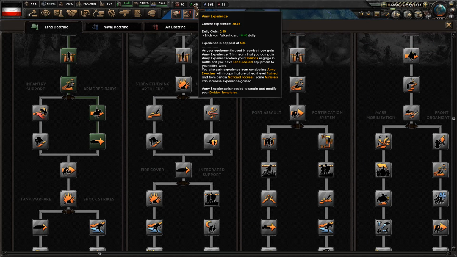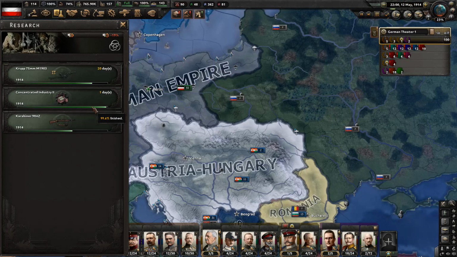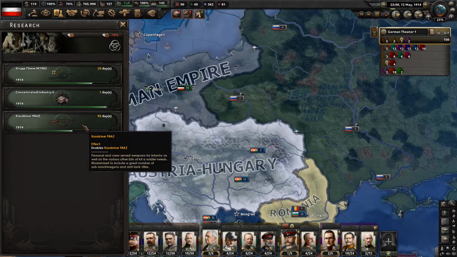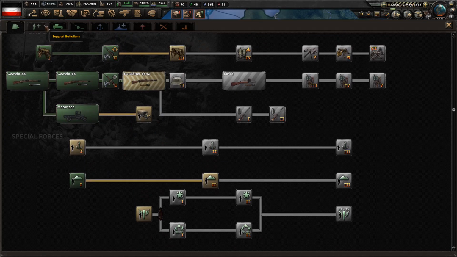But considering we're getting roughly two points of army experience every 5 days, I think we'll be able to snatch at least the trench assault before the start pretty easily. As far as technologies go, we're finishing the Concentrated Industry 2. It's going to be finished tomorrow, which is kind of nice. We're going to get access also to the new cannon in 20 days, and in 95 days we are going to gain access to the Karabiner 98 AZ,